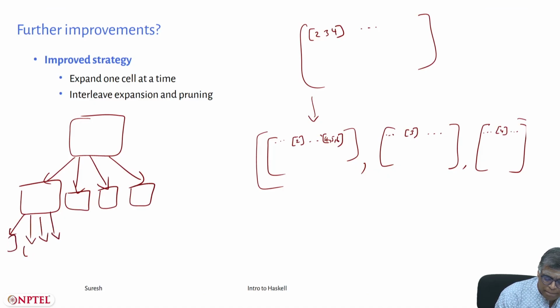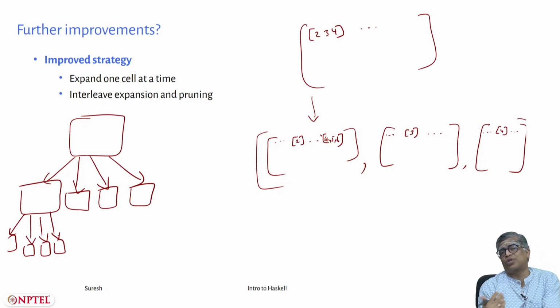At some point you will stop. When will you stop? You will stop when all the grids are fixed, all the cells have only one entry in the list of choices. At that point you have reached a complete grid, so you will stop. So any path cannot go more than 81 deep, but in practice you won't even go that much because you are pruning along with expanding. If each cell consists of a singleton list, you will stop at that point.